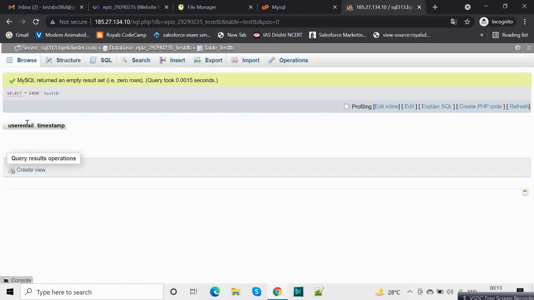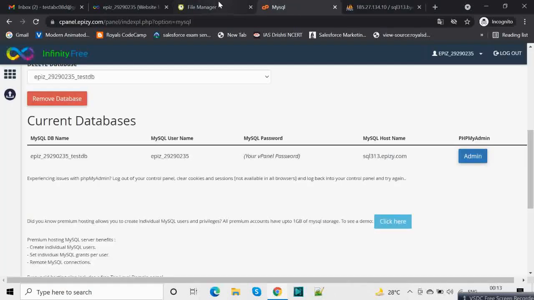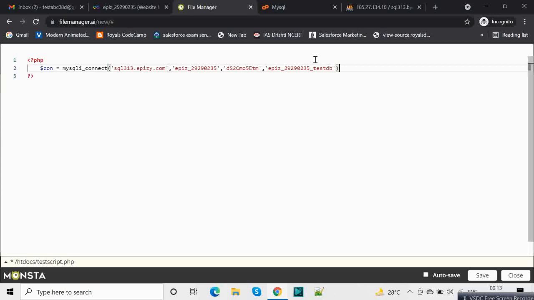Now, first of all let's just see, this is empty. So now what I will write is a query equals mysqli_query, con and query.